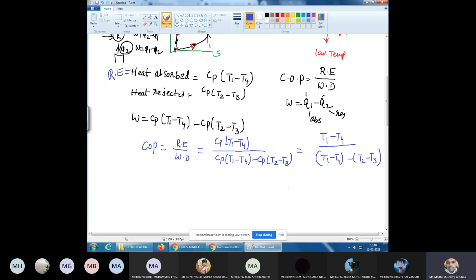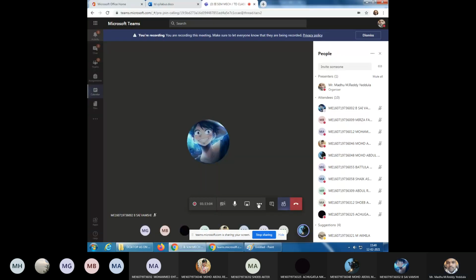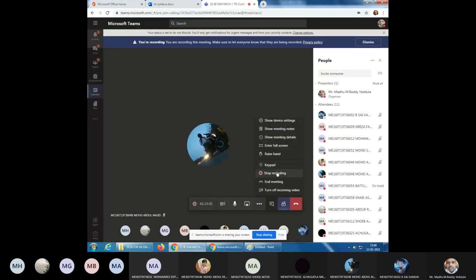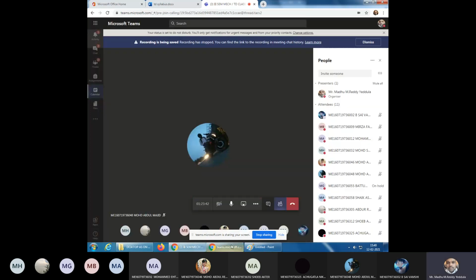Here also we can take T1 common, or T3 common with T4 and T3. We can keep it like this, or we can simplify it also. If you know the temperatures, we can calculate the COP of the system. Okay, with this we'll stop today. In the next class we will discuss